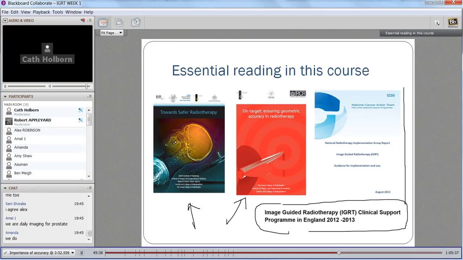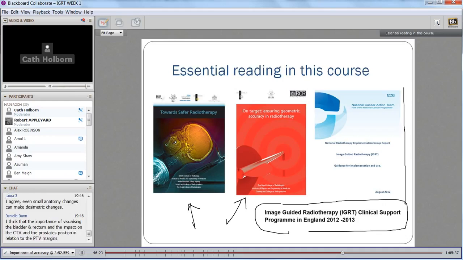I think this takes us back to the principles we've just been discussing. If you daily online image, you are not just correcting for systematic error, you're obviously correcting for random errors as well. So the more imaging you do, the more errors you're correcting for. The rationale for daily online imaging is, for example, if we're using IMRT with steeper dose gradients, we need to be more accurate. If we're using tighter PTV margins because we want to limit normal tissue toxicity, for example the rectal toxicity, then we need to